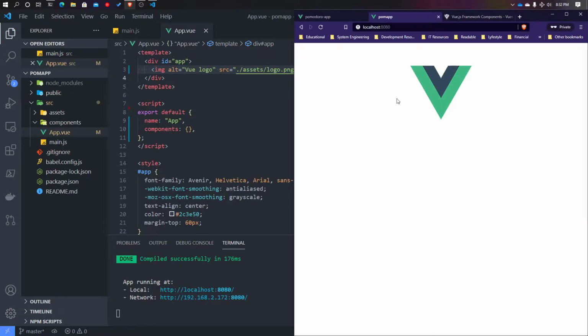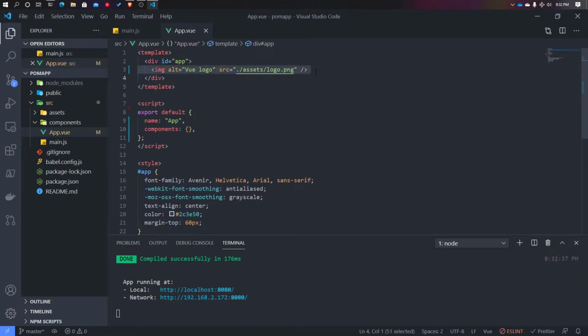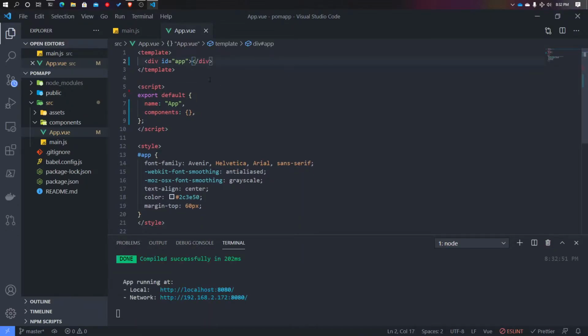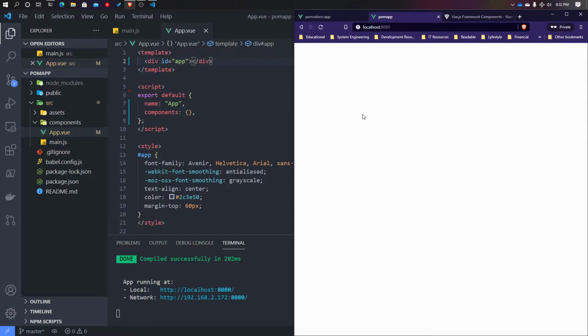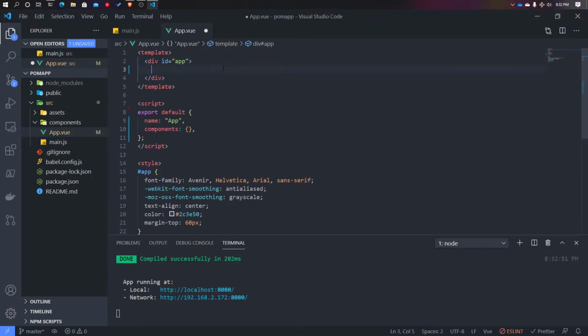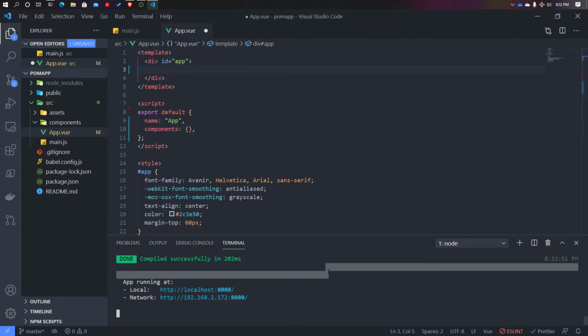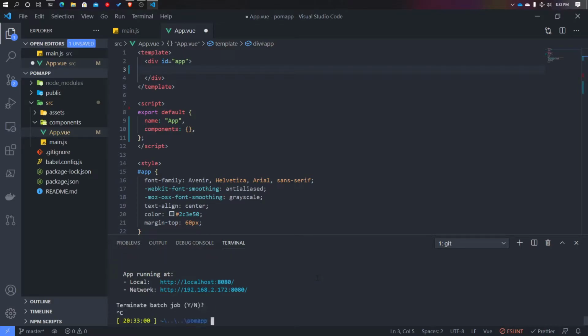this Vue logo. We don't need this as well, so we're going to go ahead and remove it. And as you can see, we have real-time updates. Cool, it's gone. So we're going to create our own component now, but before we do that, I will Control-C out of this. Yep, we want to cancel the development server, because what we want to do is we